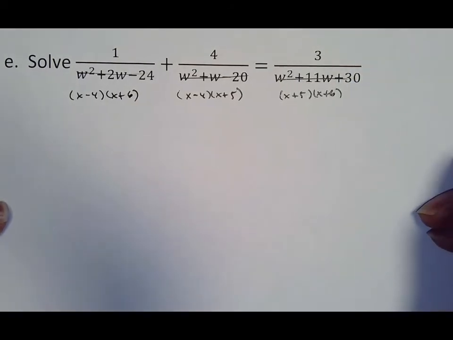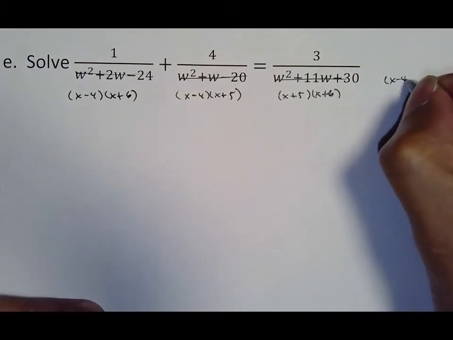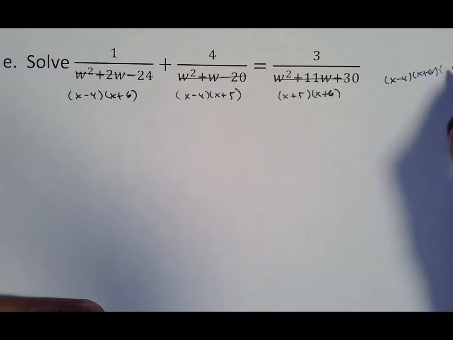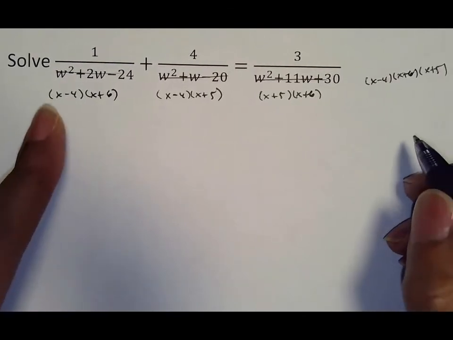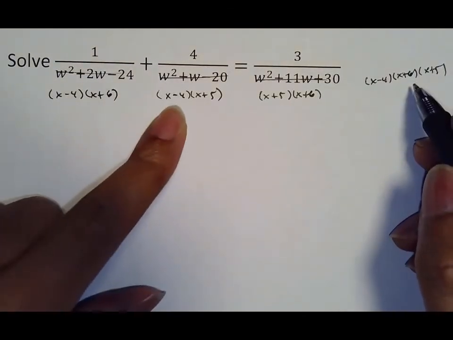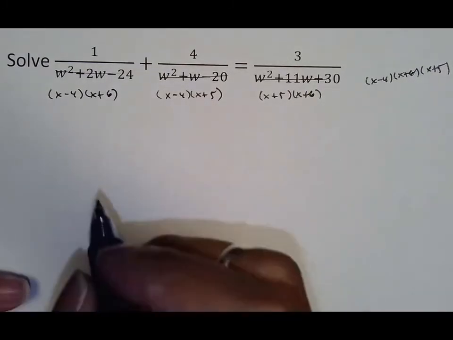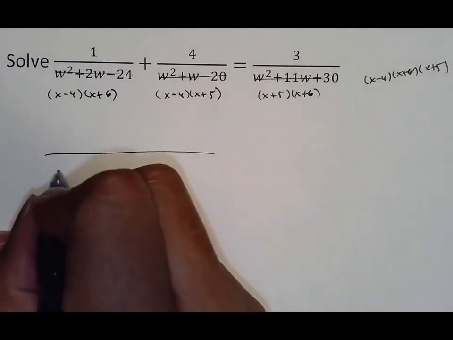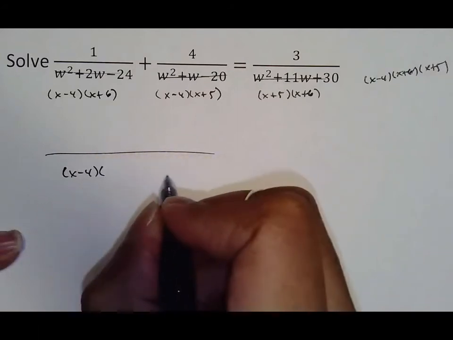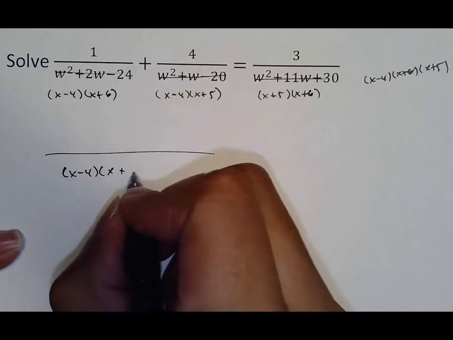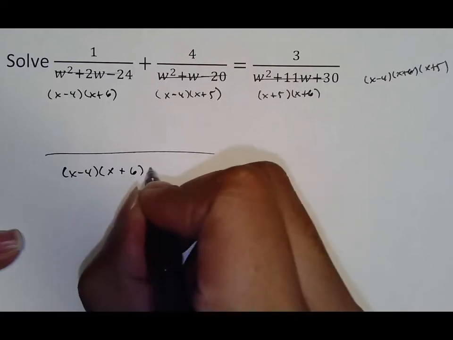Meaning that my common denominator is x minus 4, x plus 6, and x plus 5. I believe that covers everything when I look. So here's your x minus 4, here's your x plus 6, x minus 4, x plus 5, x plus 5, x plus 6. So therefore we know that that's what ends up here. So you don't need to write this, and as you get better you won't even write this, but just for the sake of keeping your notes standard,